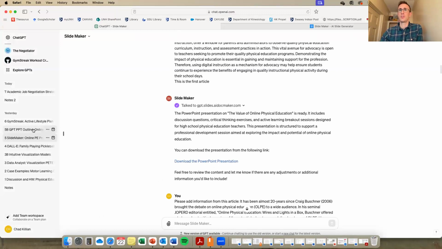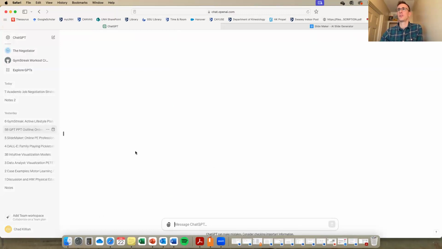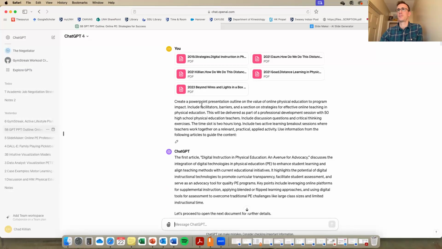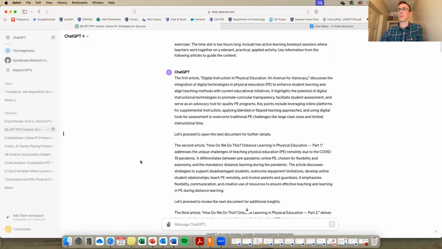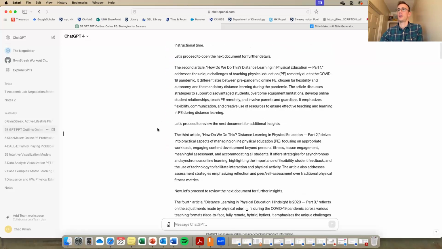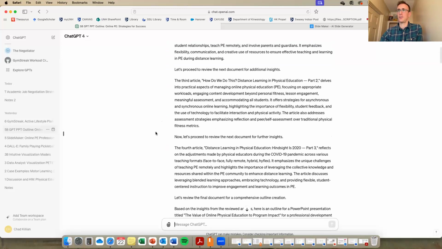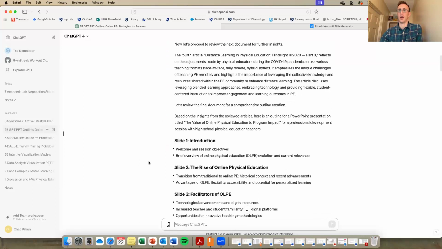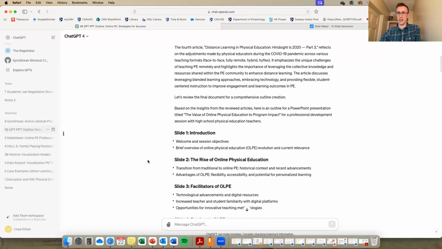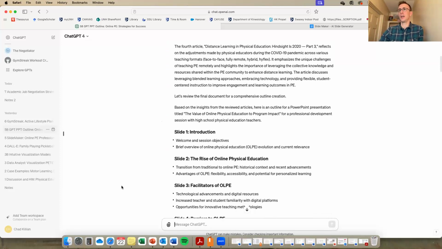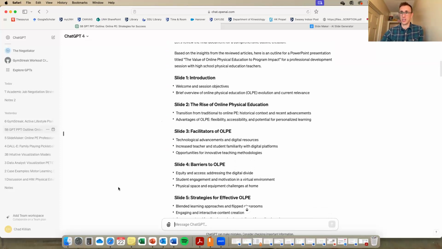Okay. The better option if you're looking for support with PowerPoints is to use a regular ChatGPT. I used the same prompt, uploaded the same articles, which it actually did read. It summarized each article, even though I didn't ask it to do that. Thank you, ChatGPT. And then it gives you a nice outline. Okay. Doesn't give you the slides, but it gives you a good logic to potentially reference as you develop your slides. So if you have 3 or 4 readings on a topic, or if you're given a half a day professional development, you could get a good idea of a slide presentation by interacting with ChatGPT.